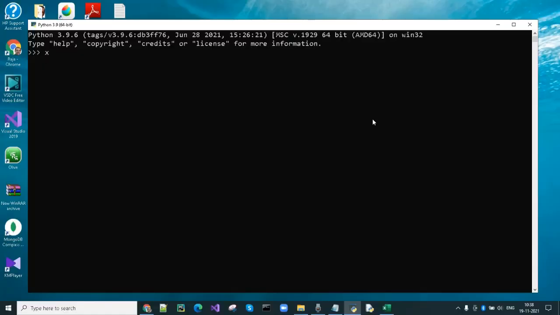Let's see a demo on few examples. I am going to pass two integers here to complex function. Type of z is complex. Passing an integer and float to complex function.